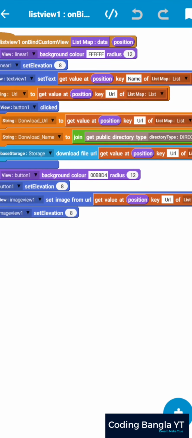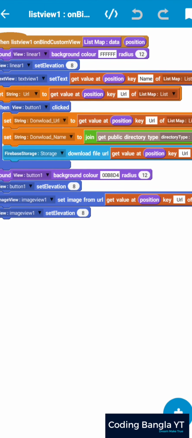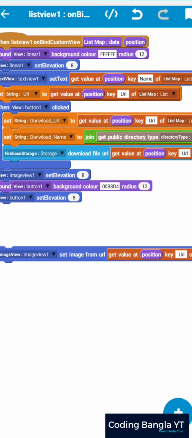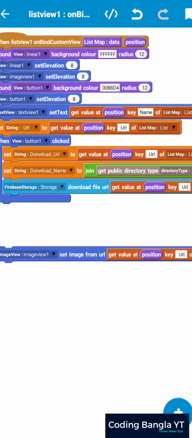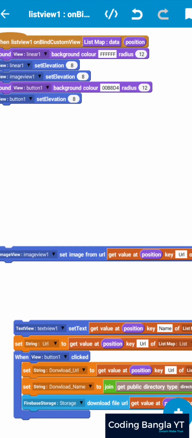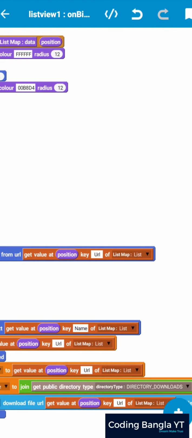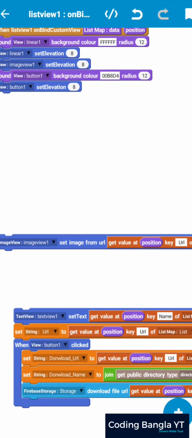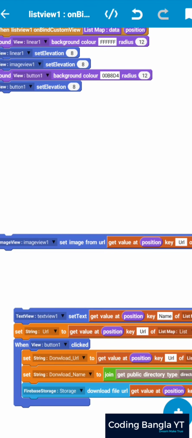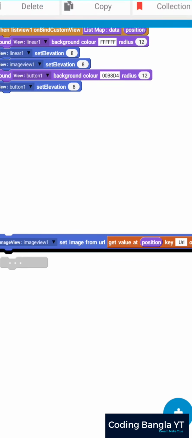At the bind data, as you can see, there is some code. Don't worry about this kind of code, let me show you, you don't need it, this is the code for the design. You only need to see this part. First of all I set my image URL by getting my database URL position, and then set my tags again with the name which I created. Then I set the URL to my URL path so we can upload or download it later.